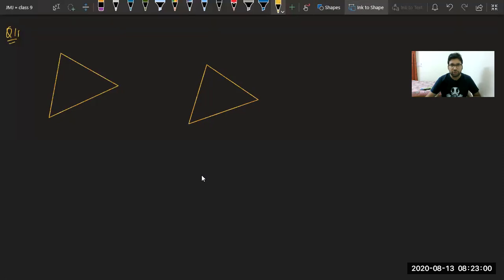After this, we have to join with dotted lines. Do you know what we call this figure? Can you answer? What do we call this figure? Please answer. What do we call this figure? We have studied in class 7th about these kind of figures. You will study about this in physics also.